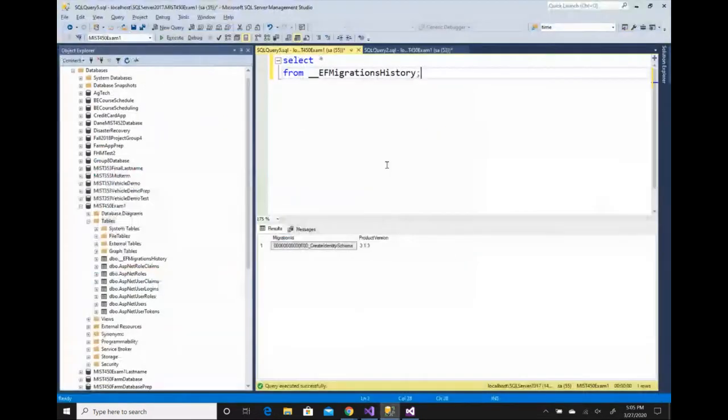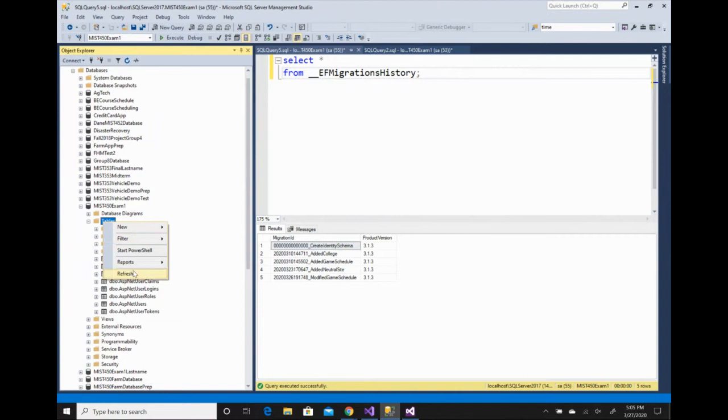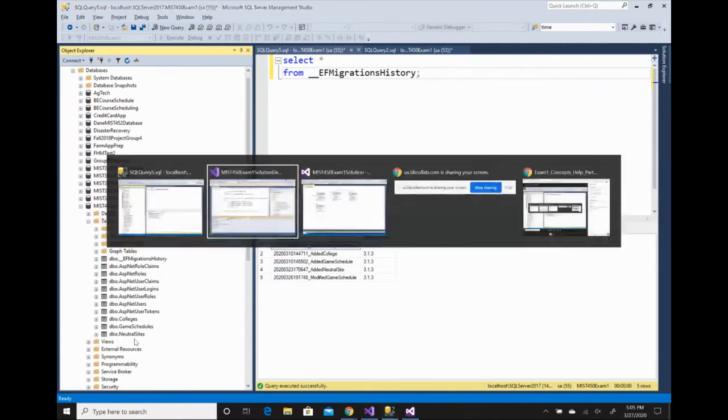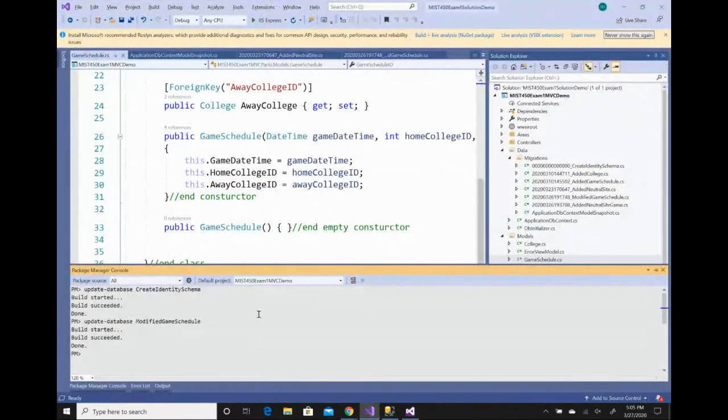So if I go to the migration history, you can see it's the additional 4. So basically it's a total of 5 migrations. And if I refresh the tables here, I do have the three new tables brought in from the migrations. Now I could move back as well, so I can move forward and back. So if I wanted to go back to added game schedule,